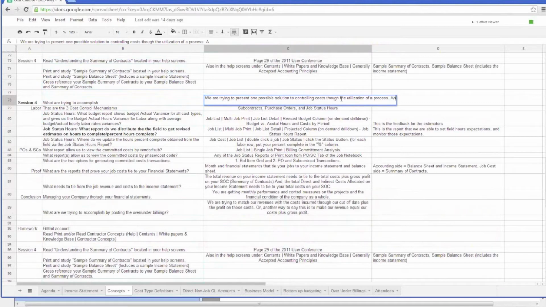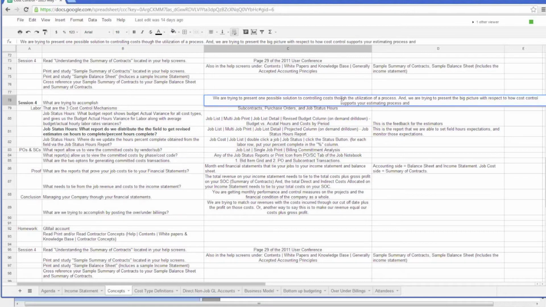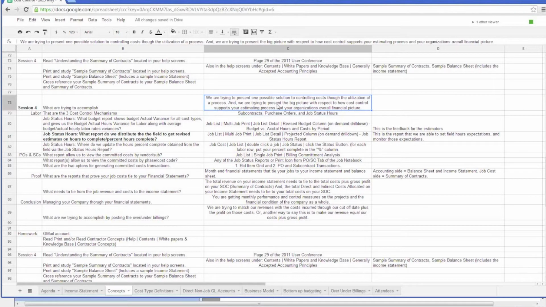Okay, and then I would say that we're probably trying to accomplish, and we're trying to present the big picture with respect to how cost control supports your estimating process and your organization's overall financial picture. So everything ties together in that, you start with an estimate, you have cost control throughout your projects, your financial